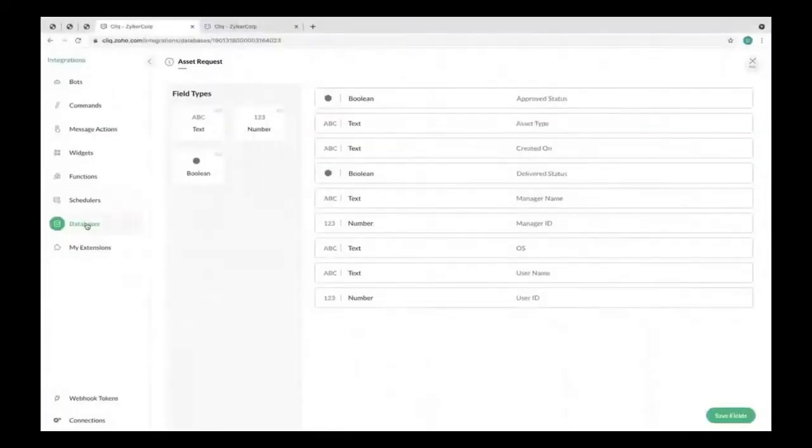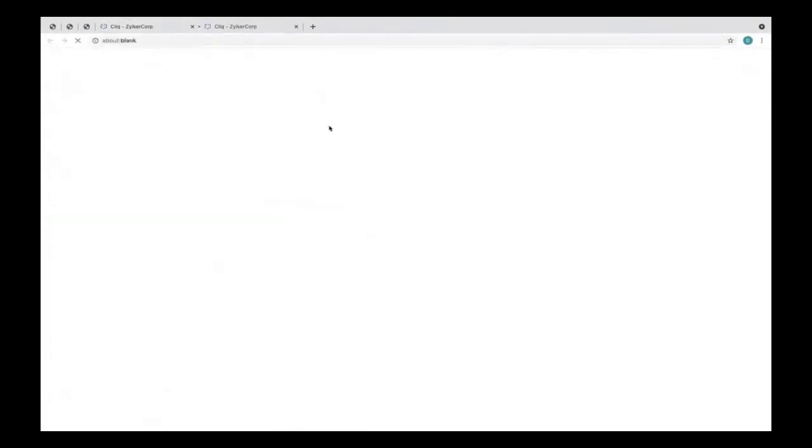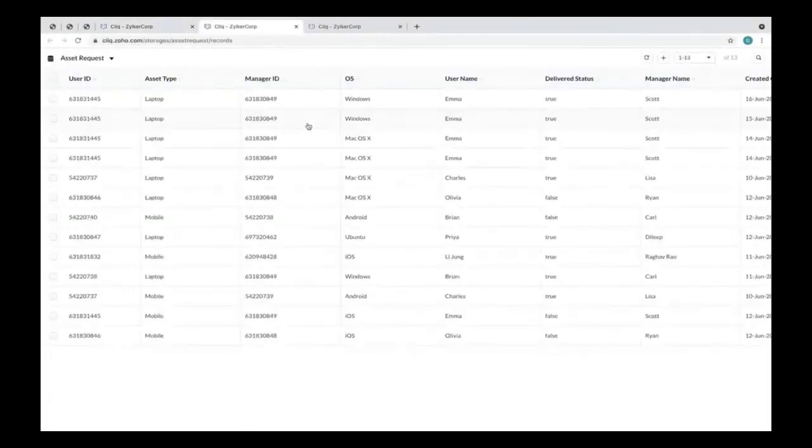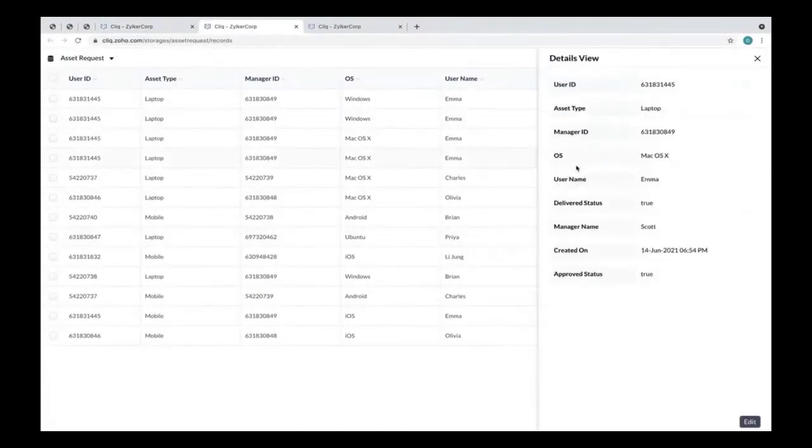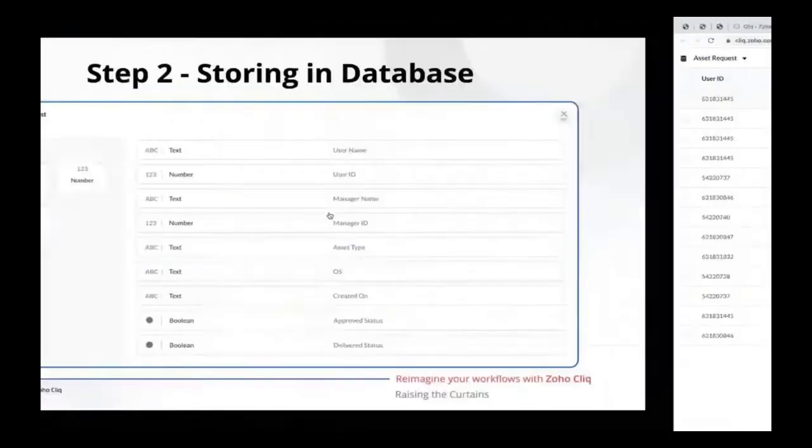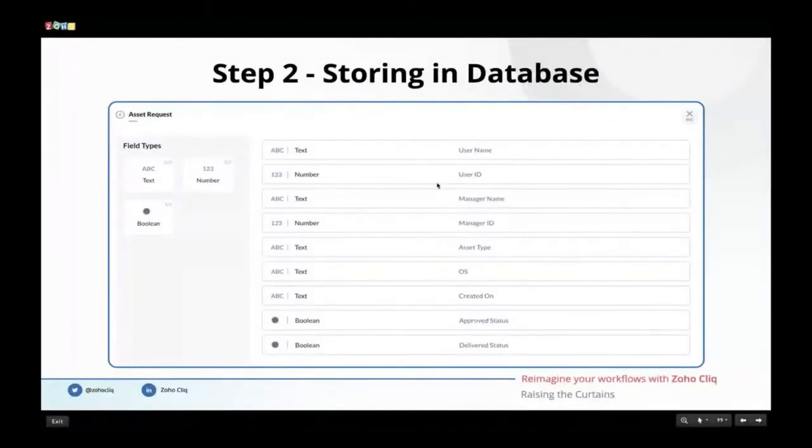So let's quickly see how this database is. So I'm going to view the database. So this is the data which is actually present inside the database. So you can see there are like 13 requests made so far. So here is one such request. So this was the one which Sri showed in the demo. You can see the time is 2:27 p.m. That was the time when the request was made. Sorry, this is in IST. So you can see the user ID, the username, the manager ID, and manager name. So the delivered status says true, as well as the approved status says true. So this particular database can actually store information like this for your use cases.